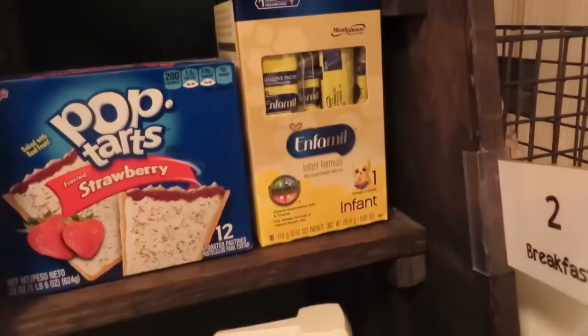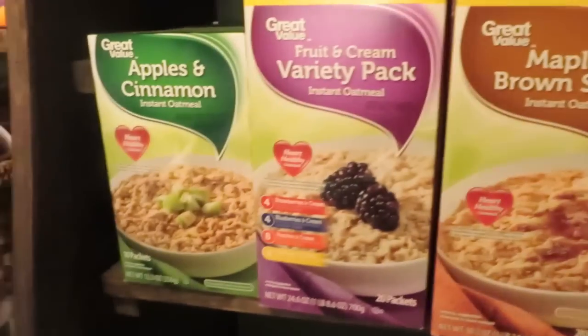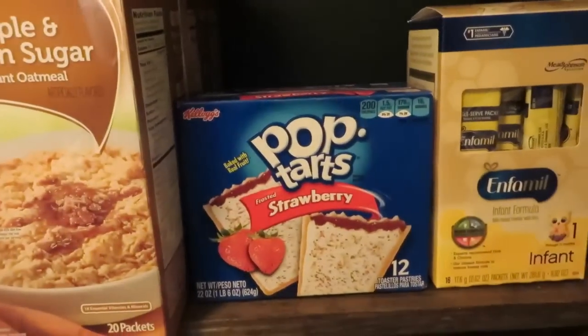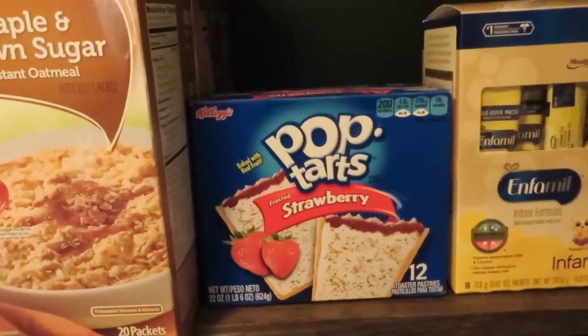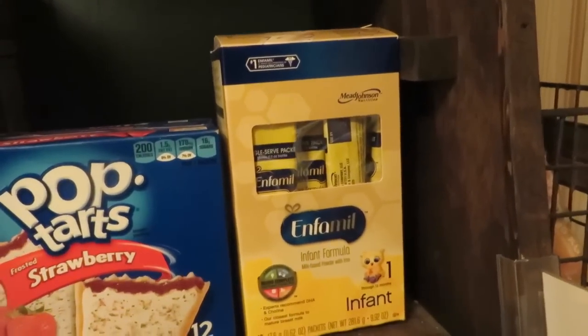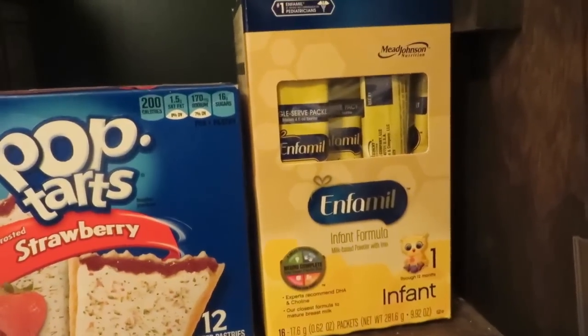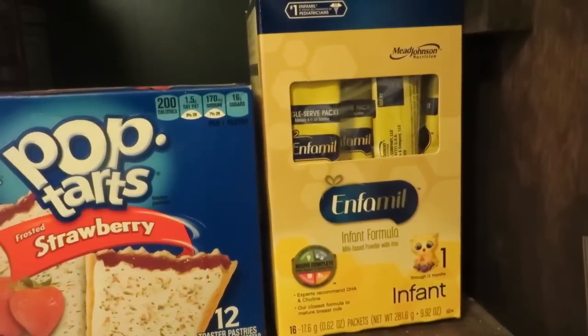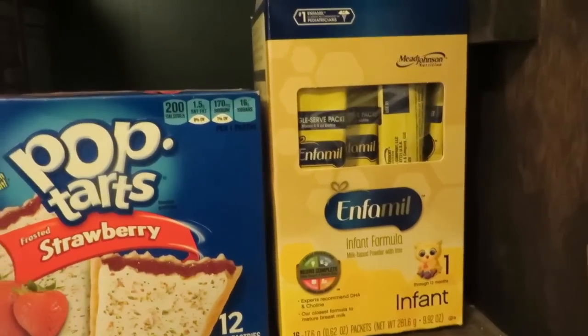Next we have our breakfast items, and I have all of our boxes of oatmeal and Pop-Tarts, which we don't have a lot, but sometimes we have those. And then I didn't know where else to put that. It didn't really fit anywhere, but I have these, what are the single serving baby formula tubes, which Claudia is,